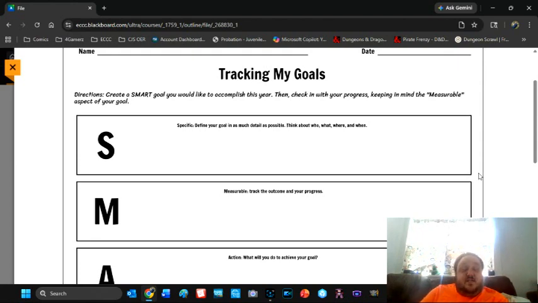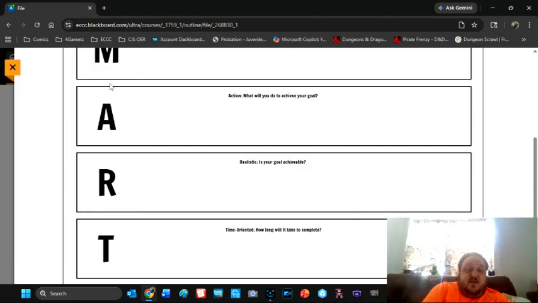So when we are setting our own goals, we want to make sure that they are not only specific, but they are measurable. We have a way to notice when we've hit certain milestones, when we've hit certain points, when we've made progress. The A part of SMART is action, and what we really mean is achievable. So what actions need to happen for this to be achieved? So actionable. What is actionable about your goal? What are the actions that you need to achieve your goal?